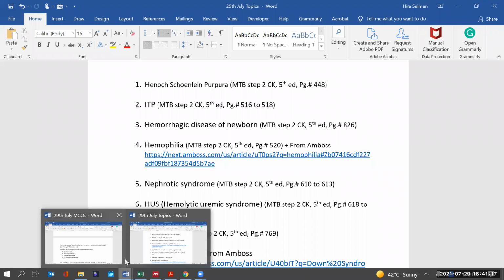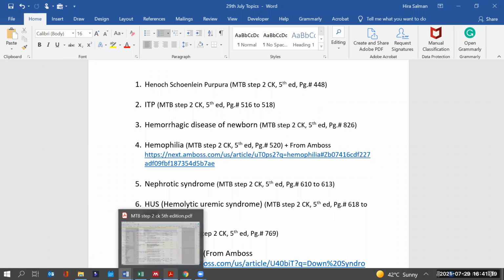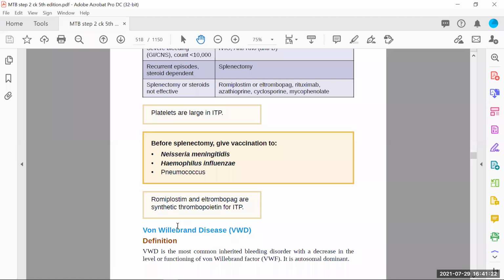What we will usually see is that the child is delivered recently, and it should be a delivery at home, because once the child is delivered in a hospital setting, we usually give vitamin K just after birth. Vitamin K has to be given intramuscularly just after the birth inside the labor room. In fact, inside the labor room, the nurse has to give it. But of course, when we are thinking about deliveries occurring at home, or such kinds of deliveries where they don't have any facility of this vitamin K injection,